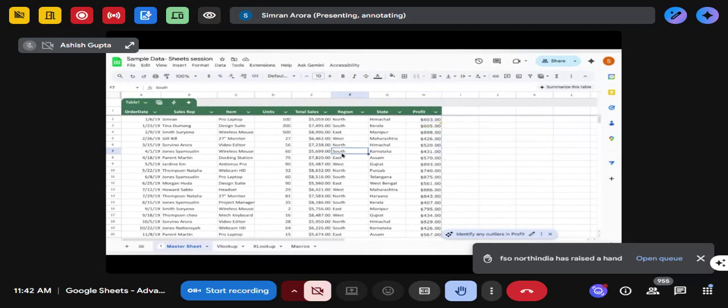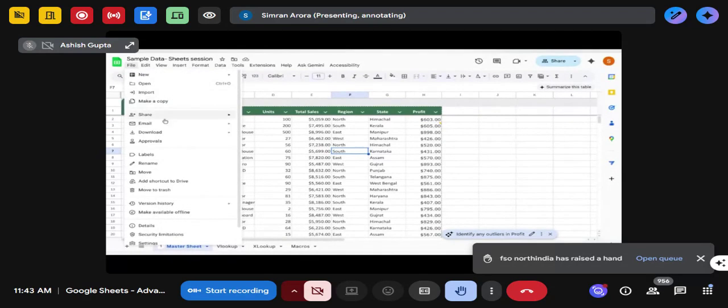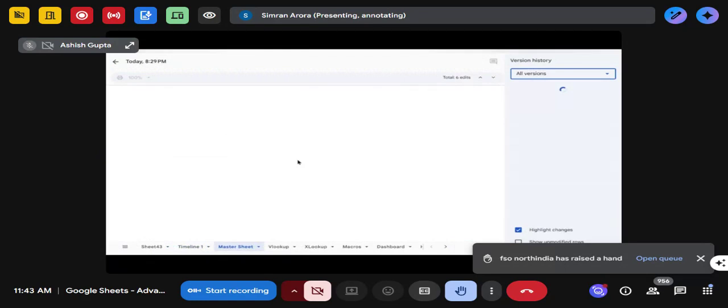Now, the biggest fear people have with collaboration is, what if someone accidentally deletes something or messes up your work? Google Sheets has the perfect answer for that as well. So if you click on this file section here, there is something called version history. So if you go ahead and click on see version history,